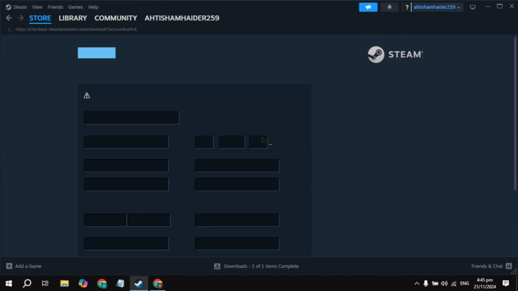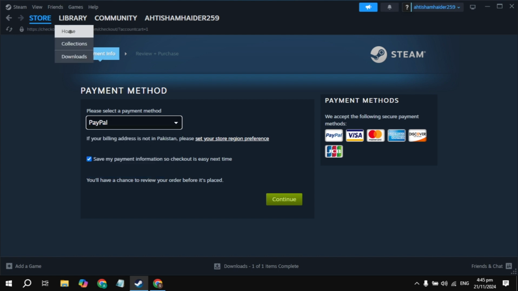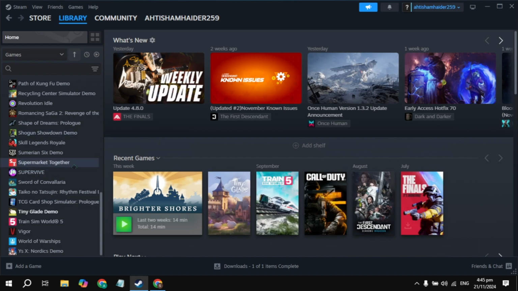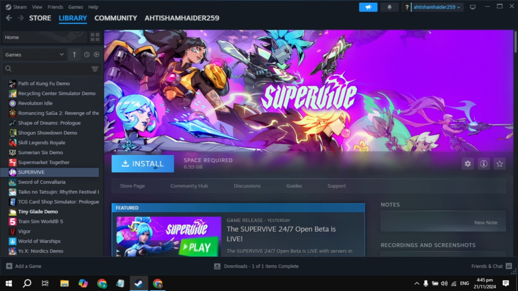And guys, you just need to pay with your PayPal or any other card you have. And once you pay the amount, the game will be in your library of Steam. So just go to the library of your Steam and on the left hand side, just find this Towers of Aghasba game. Then just click on it, then click on install, and that's how you can download and